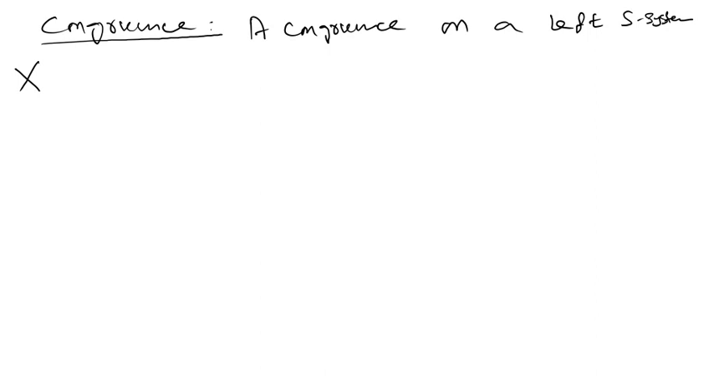A congruence on a left S system X, okay, X the left S system, is an equivalence on X. It should be an equivalence first. And what's second? With the property that